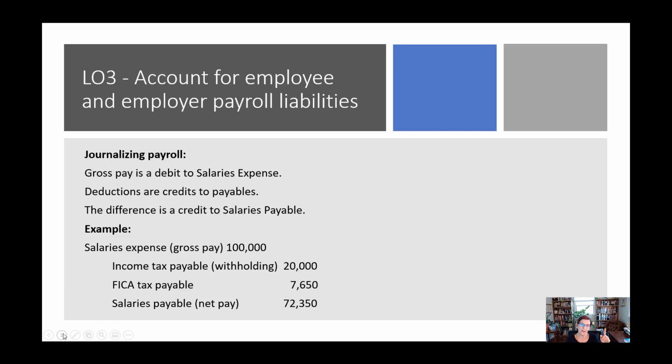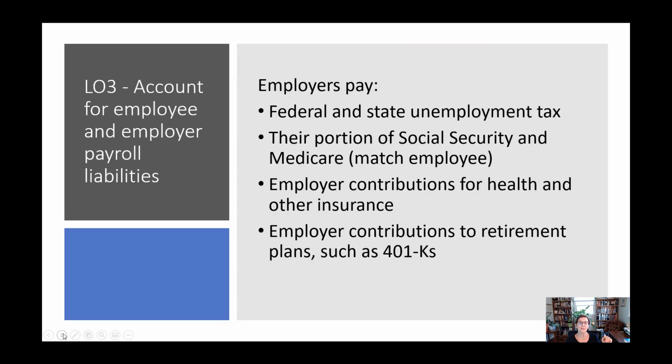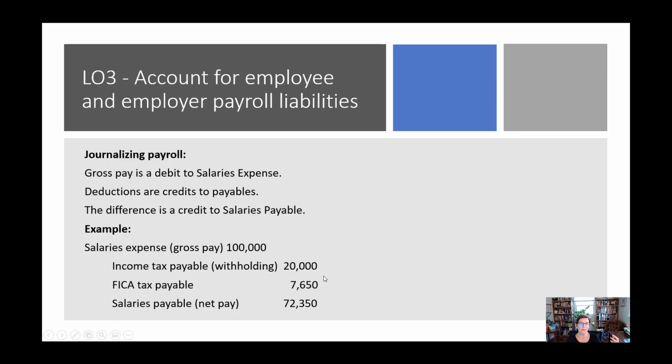All right. Now let's take a look at employers. All right, so the employers pay federal and state unemployment tax. So the employers have to contribute money to the unemployment fund so that if people have an unemployment situation, they get paid unemployment, right? So the companies contribute the money for that unemployment. The employers also have to match the same amount of the FICA, the Social Security and Medicare, that's taken out of your pay. So remember this journal entry. So they took out $76.50 from their employees. They also have to pay